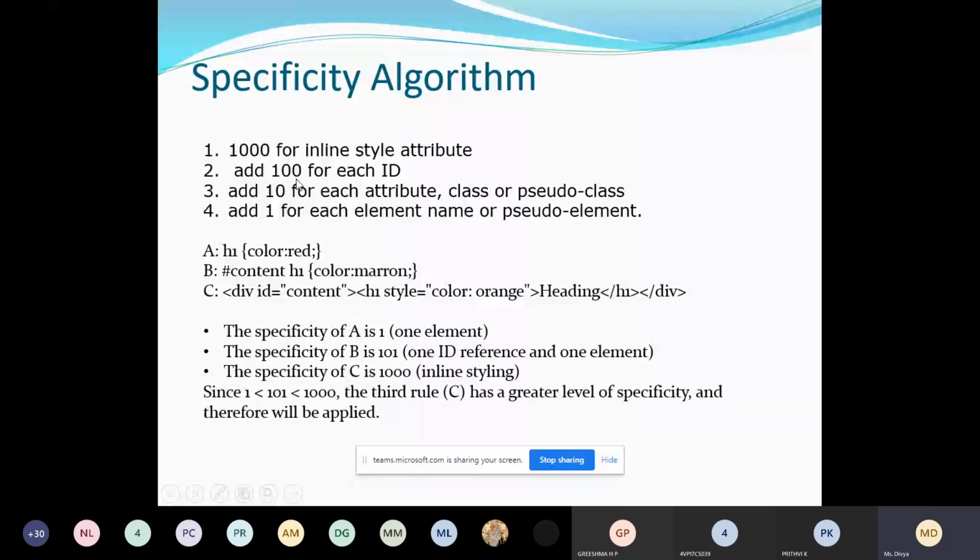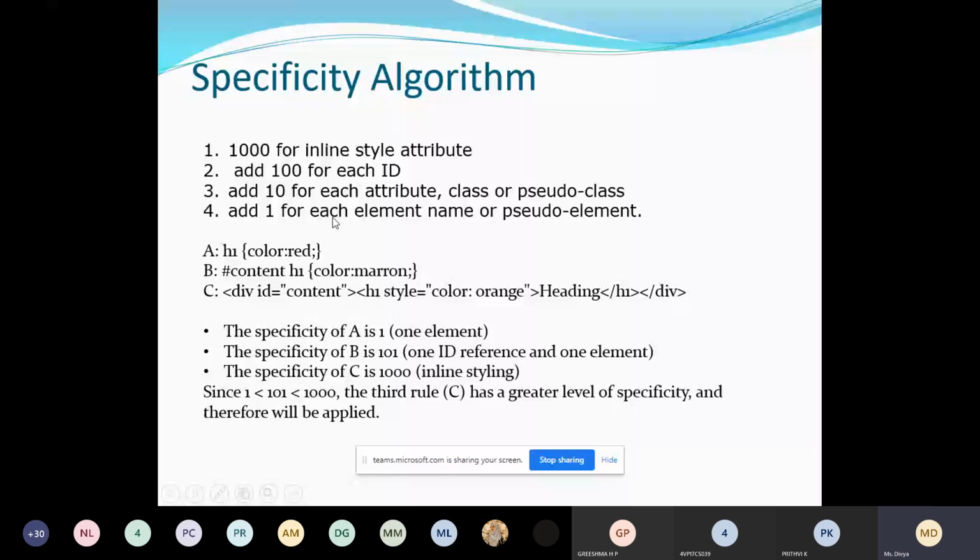So this algorithm you have to remember. Similarly, if you find an attribute selector, class selector, or pseudo class selector, for each you have to give the value 10. Wherever you find attribute, class, or pseudo selector, they should have the value 10.